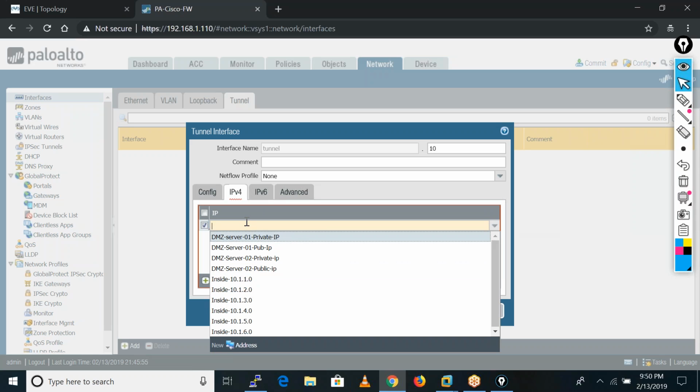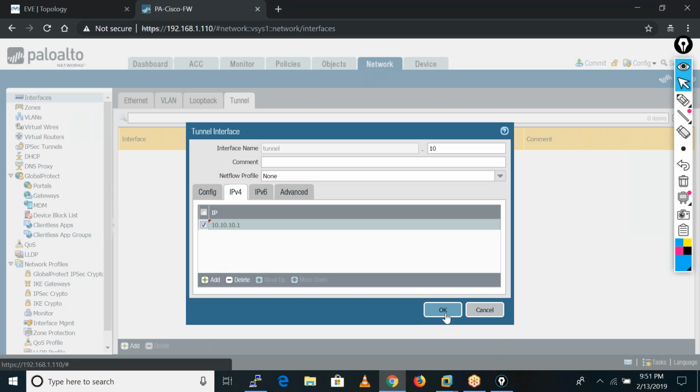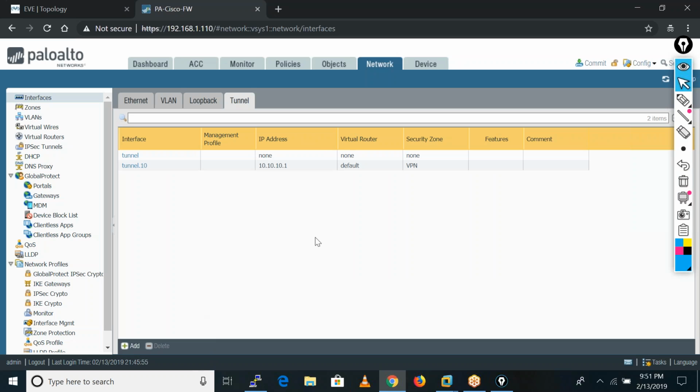Configure one IP address. It is optional. If you want to configure, then configure; if you don't, you don't. So I just configure this IP address as well. I'll use here 10.10.10.1. So this is the first step. We will configure one tunnel, create one tunnel interface and one VPN zone. Okay. After that,